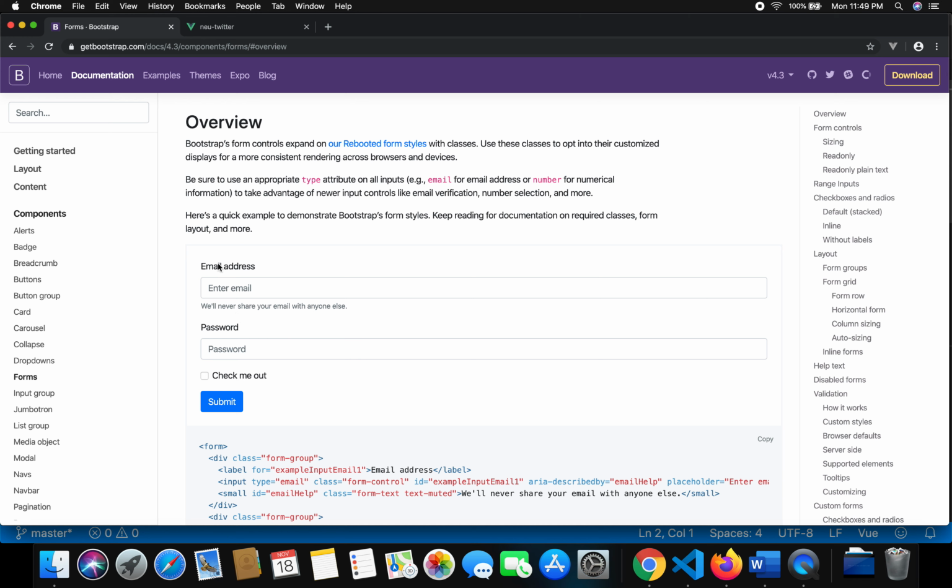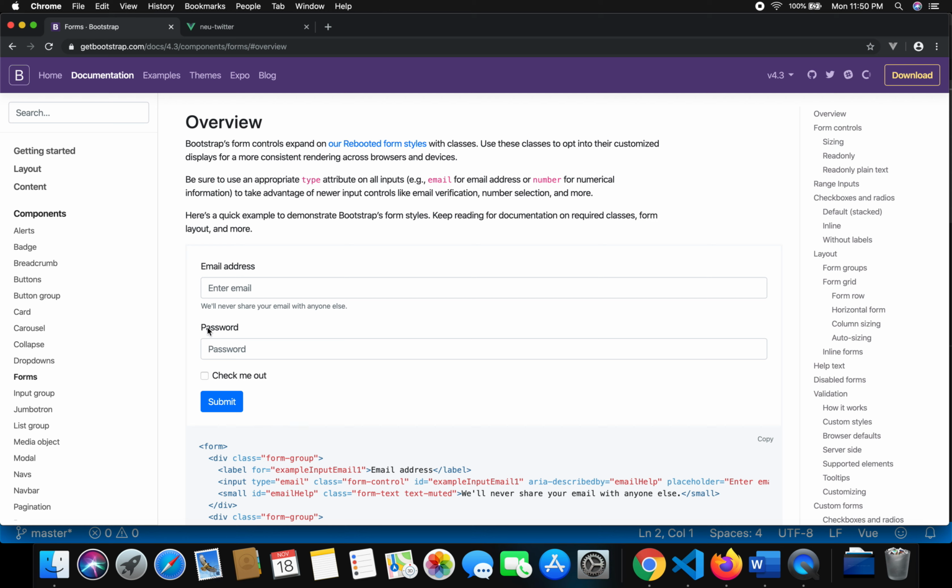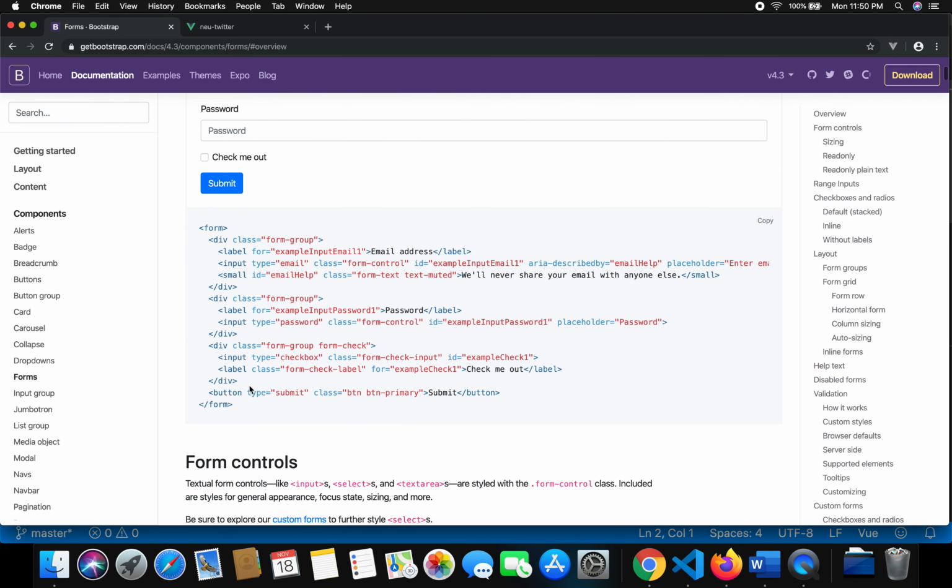This looks okay. There's an email address, and then a password, and then a check me out and the submit button. I actually don't like to have a label on top of it because the placeholder clearly says what it is. Password also, and I'll probably remove this and this one too. Okay,